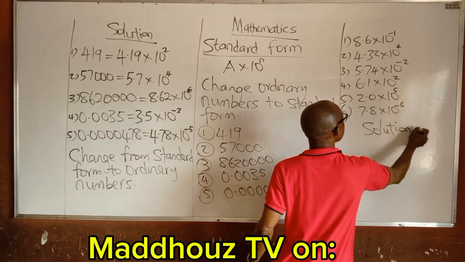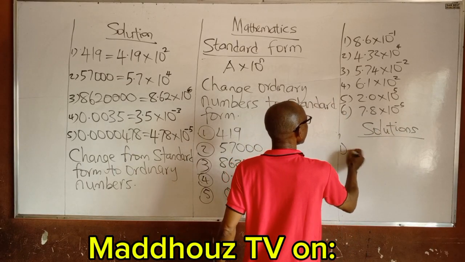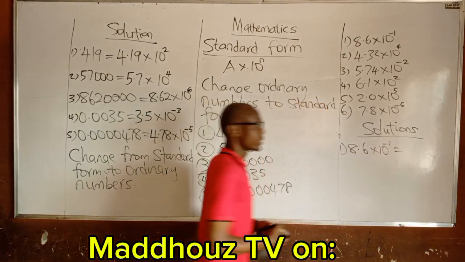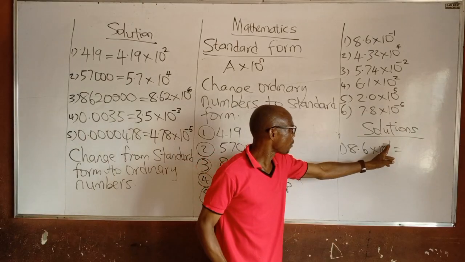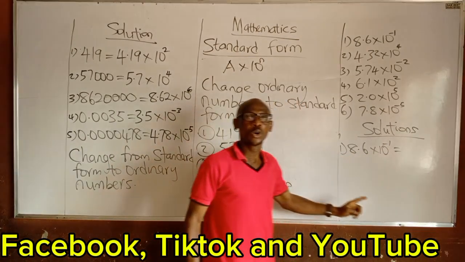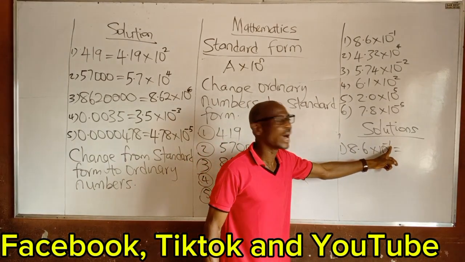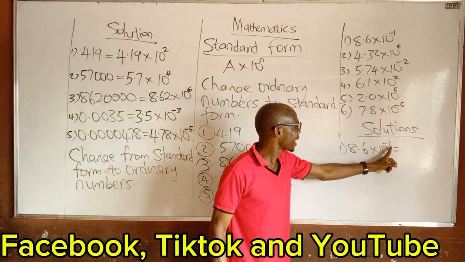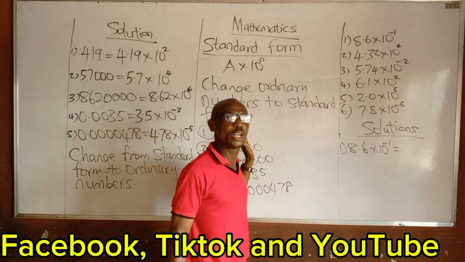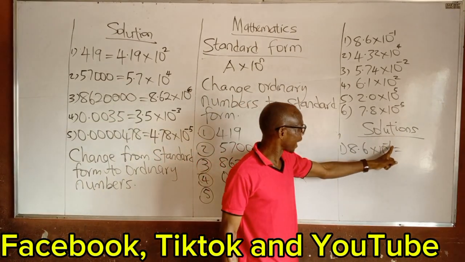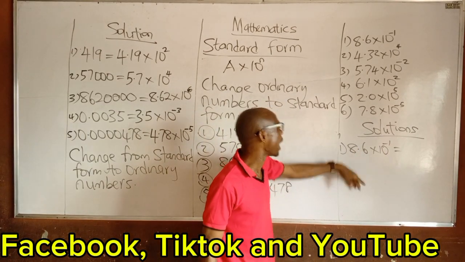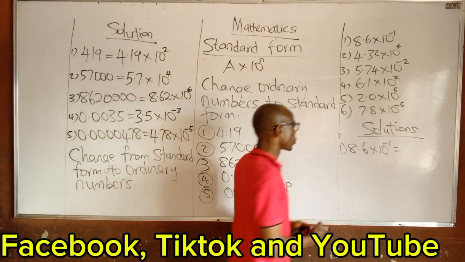Solution. Number 1, 8.6 times 10 raised to the power minus 1. Now, whenever we want to write a value from standard form to ordinary value, we look at the power. Because the power here is minus, we are going to count our value back to the left. The number of times is minus 1. So we are going to move our decimal once to the left. And that will give us